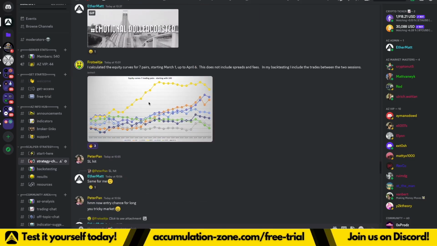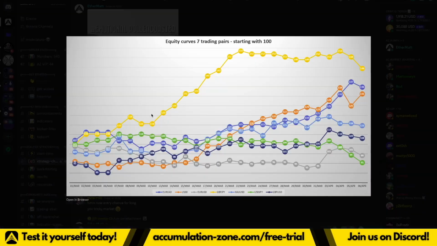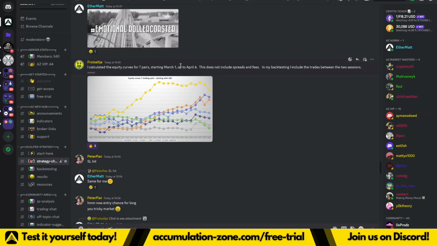But the thing I wanted to talk about is the equity curve comparison basically of 7 trading pairs, which has been done by a community member. So big thank you for this nice illustration right here, where we can clearly see that pound JPY, this yellow curve starting at an equity of 100 US dollars, has performed the best over, I think, the course of 1 month and 1 week, starting from the 1st of March, ending at the 6th of April, without